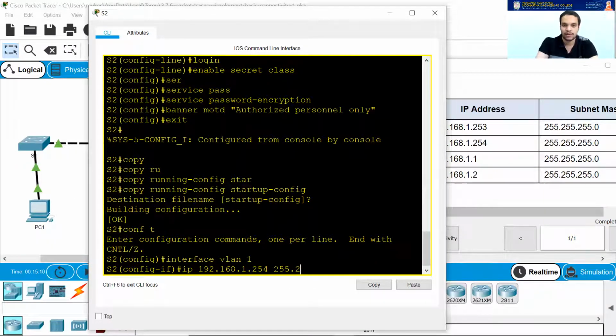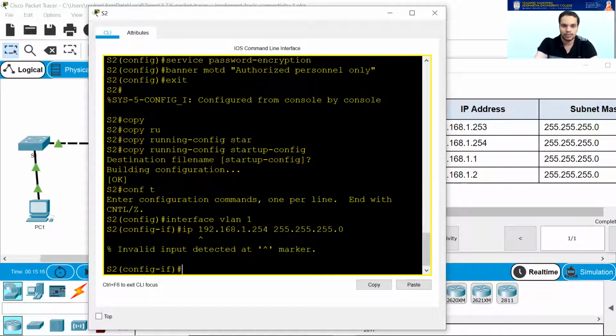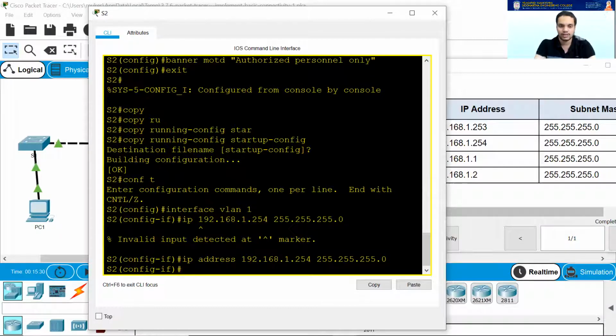We are still in the earlier stages. We did not cover subnetting yet. Once we cover subnetting, I'll tell you in depth how to do this. And press enter. Wait, it's showing me an error. I forgot the IP address. So in this case, what I can do is press the up arrow so that the last entered command comes back, and I can add to it, which is much easier. See, that's it, done.